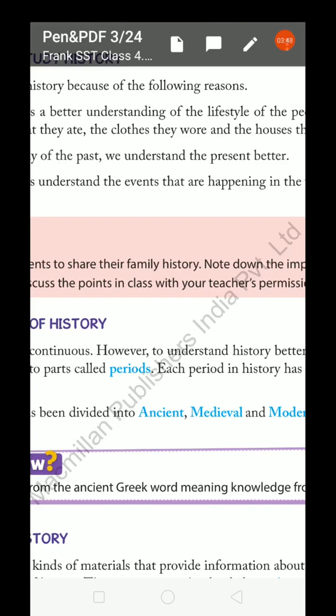100 years before, an astrologer predicted that in the year 2020 people will suffer from an epidemic. Epidemic means Mahamari. So you can see we have suffered from the corona epidemic. So history helps us to know future events also.